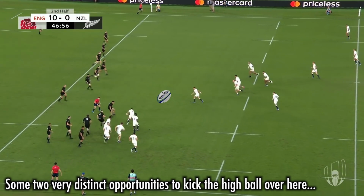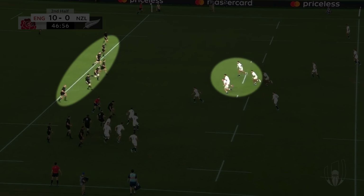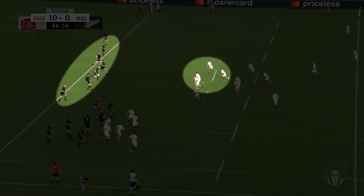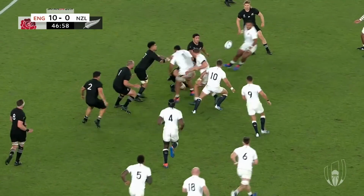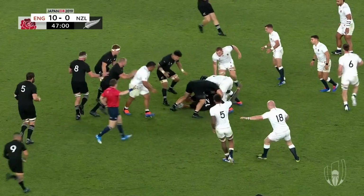the opportunity for variety that Daly and Watson can eventually adopt off their boots to kick in behind, while behind the pod is Tuilagi, who has come off the wing to become a clean-out option. To generate the front foot ball, Ford simply has to select the carrier who can be cleaned out the easiest. While this formation ended up failing with the pass going to ground, it was a pretty cool innovation for the